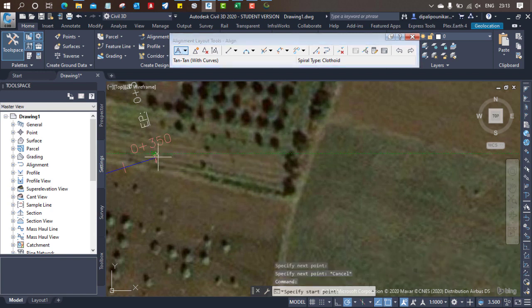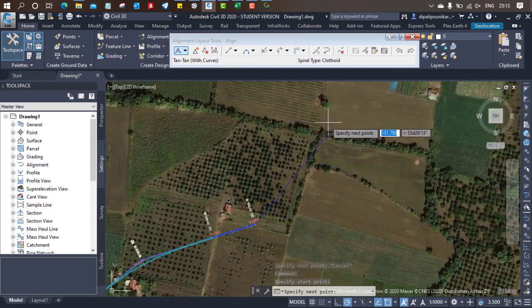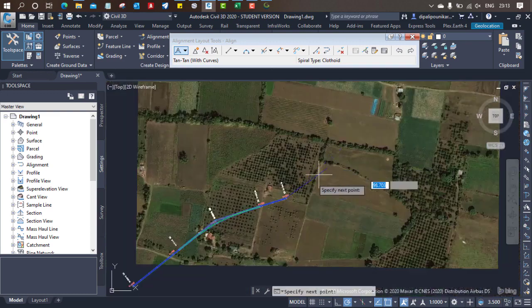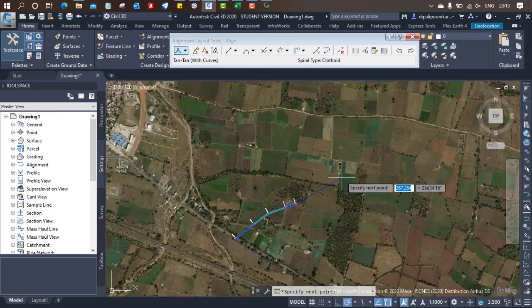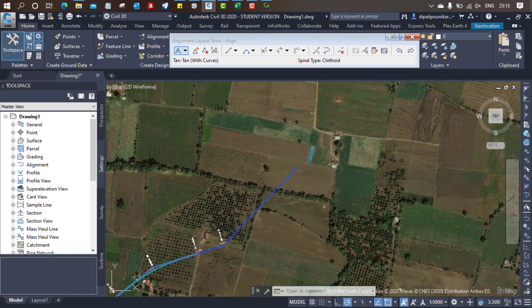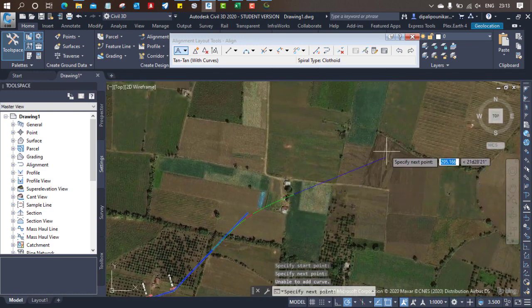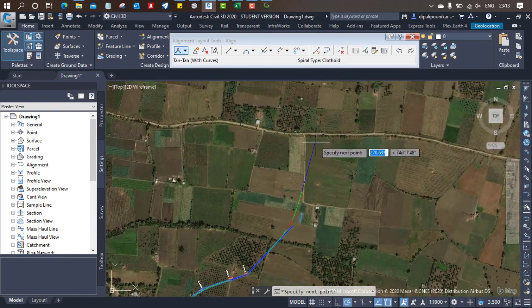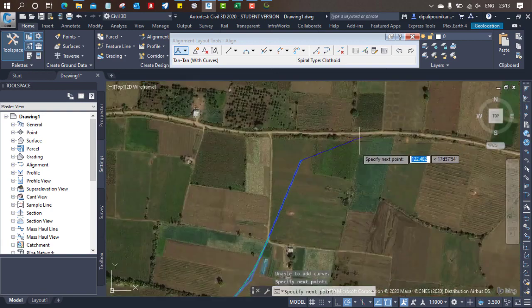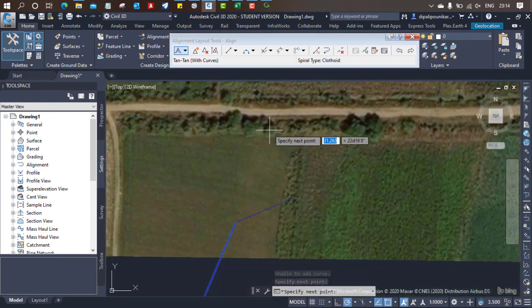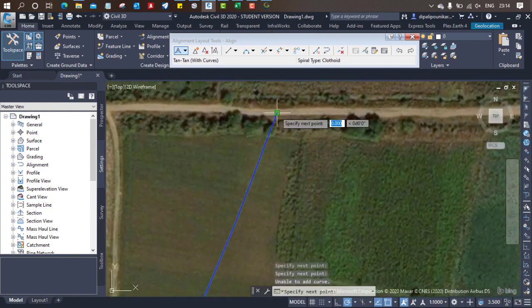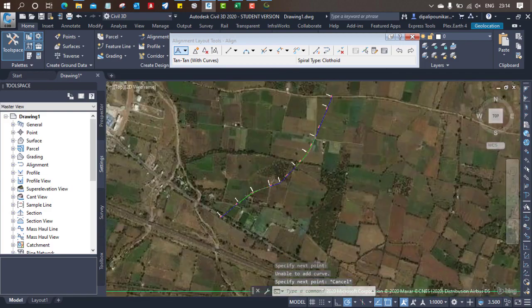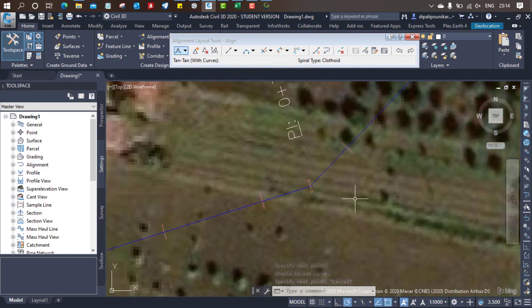Like this, because I'm going to teach you how to add more curves over here. So I'll be adding one more curve here, which will help you understand the behavior of the function. Like this, I'll be adding, right, straight away, like this. Now you can see that I have drawn one alignment, but here there is one sudden stop.